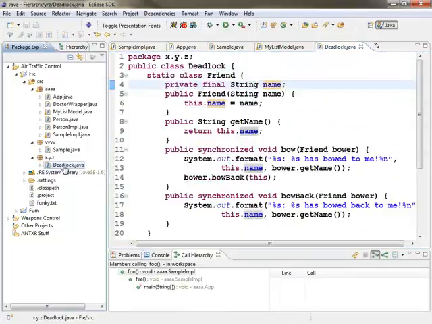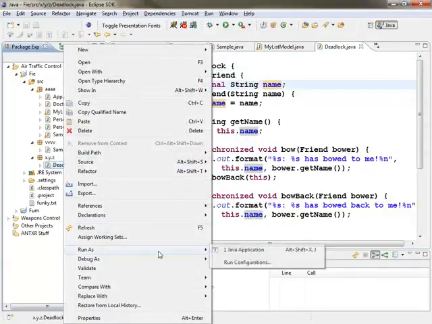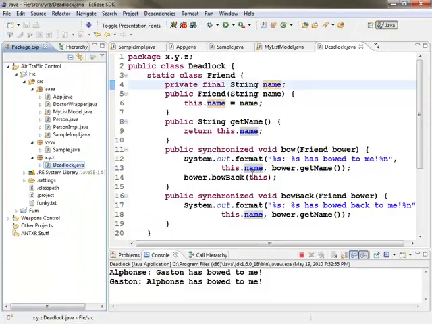If I run this guy, we should see it deadlock. So I'm going to say run as Java application. First guy bows, second guy bows. Basically, this is a bowing war going on. When somebody bows, the other guy bows, and when he bows, the first guy wants to bow again, but he can't because he's already bowing. That type of thing. So